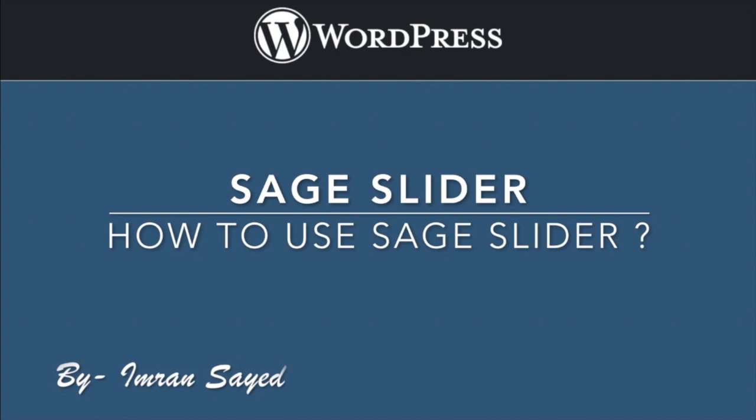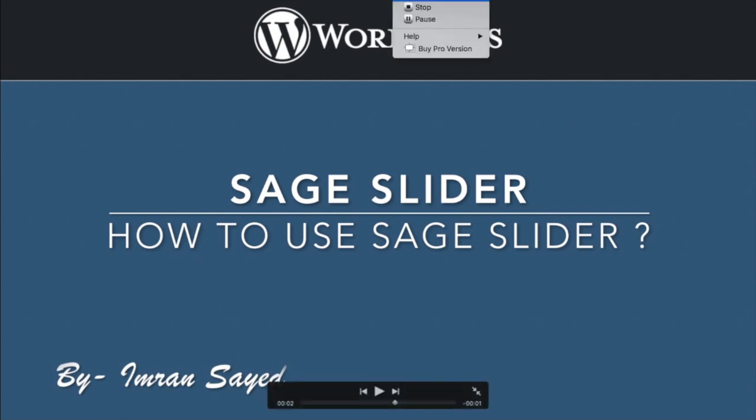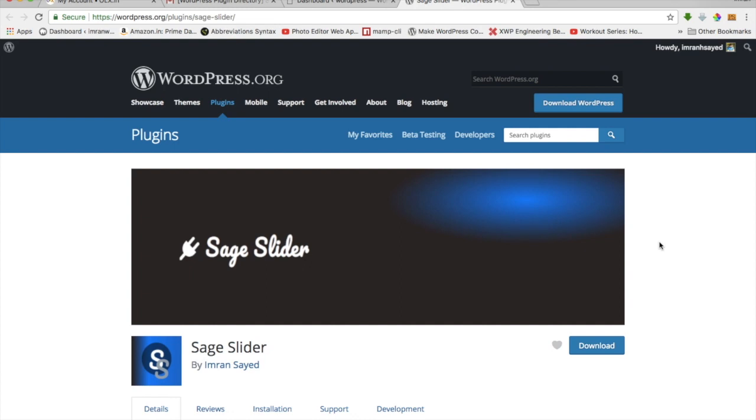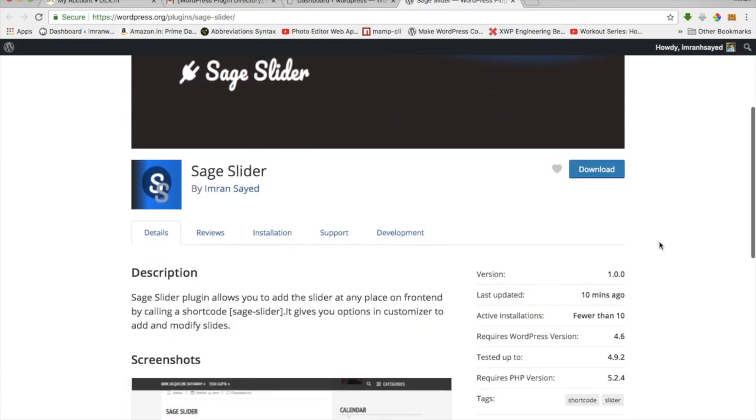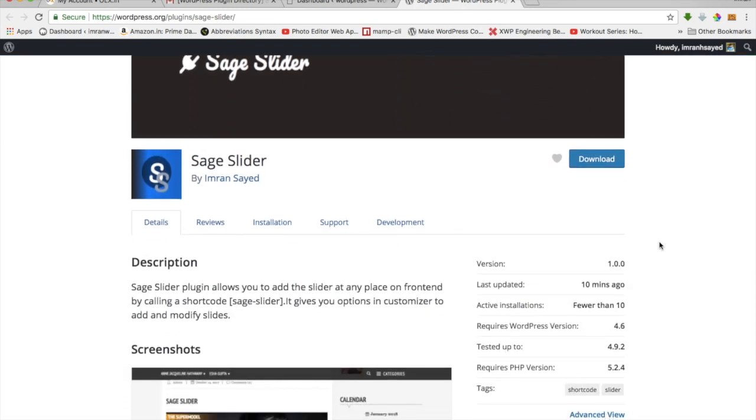Okay, so let's begin then. I will explain to you what this Sage slider is basically first. The Sage slider plugin allows you to add this slider at any place on the front end by calling the shortcode Sage slider. It gives you the option in the customizer also to add and modify the slides of